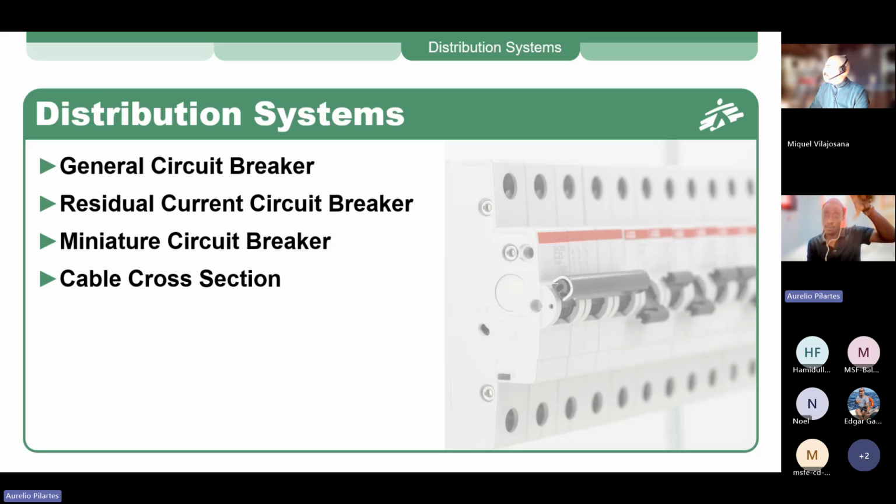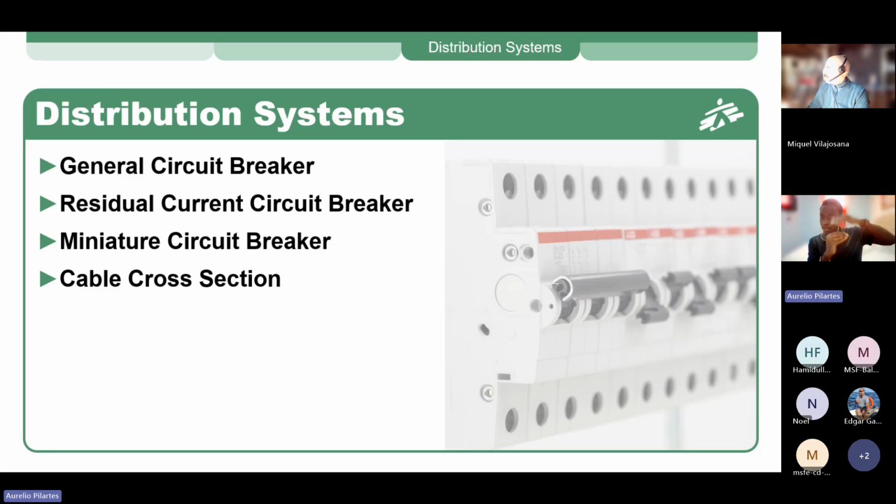When there's a fault in a single circuit, it should be the circuit breaker dedicated to that circuit tripping, not the general one. It mostly happens when there's a mismatch in selectivity, when there's no selectivity ensured within the design. So it's very important to ensure selectivity when you make the design. When we say selectivity, it just means putting all your devices in an order and making sure that the most downstream device will always trip before the upstream device.